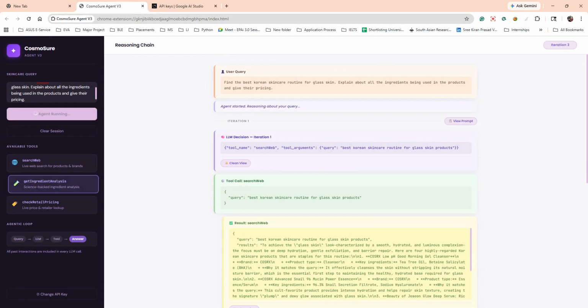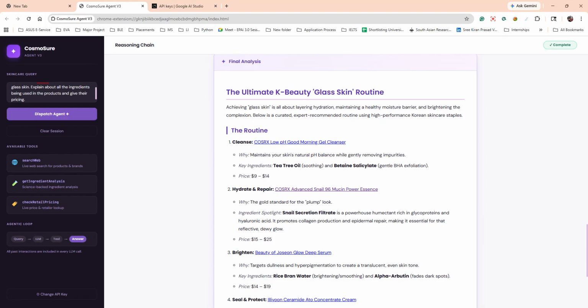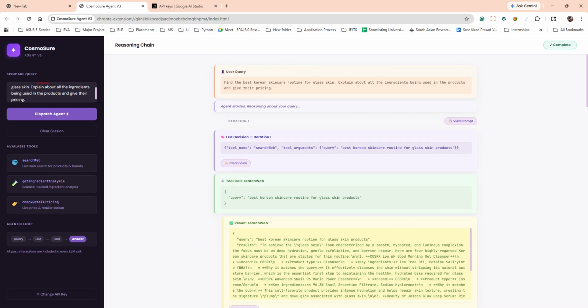So here, as soon as my query is dispatched, the agent starts thinking. It doesn't just guess, it answers. You're watching the live chain of thought where AI decides which tool is to be used. Going back to the start, we have the user query, and the agent had started reasoning about this query. For every iteration, we're going to look at multiple calls of LLM, and for each call, the LLM would either give us a tool output where it's going to call a tool, or it is going to give an answer to the query that we have.